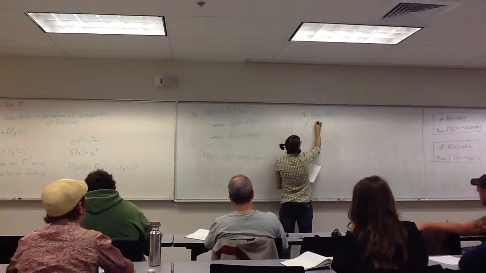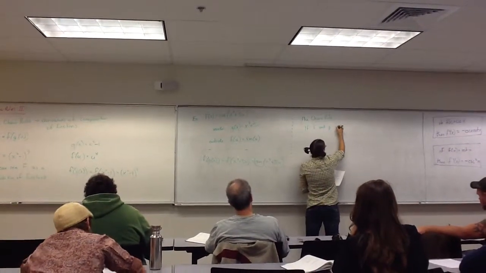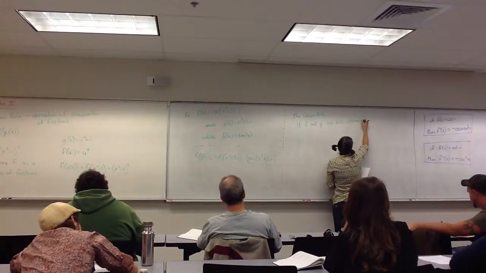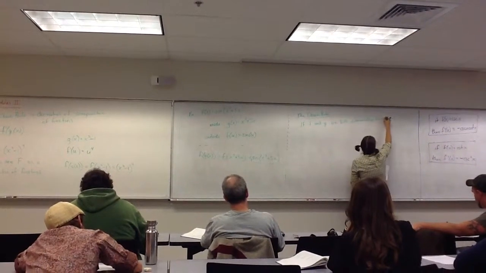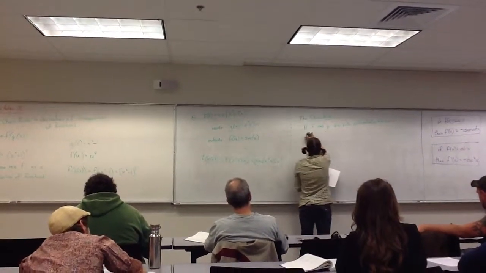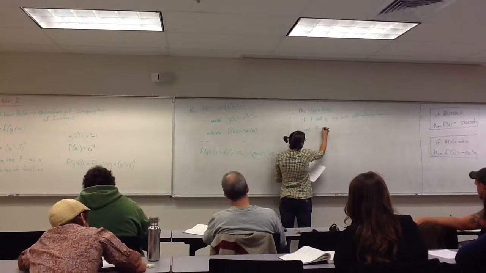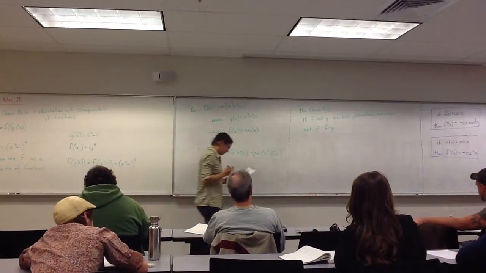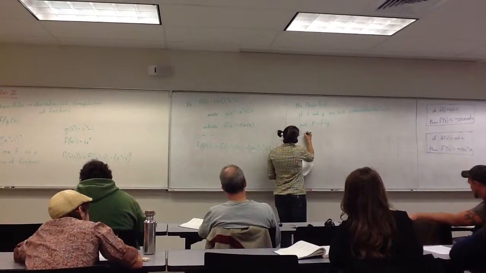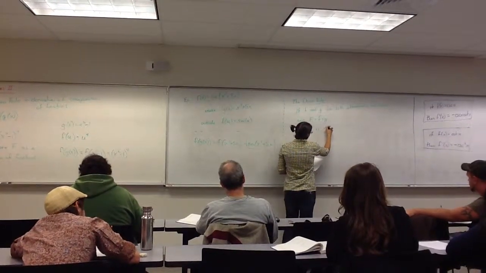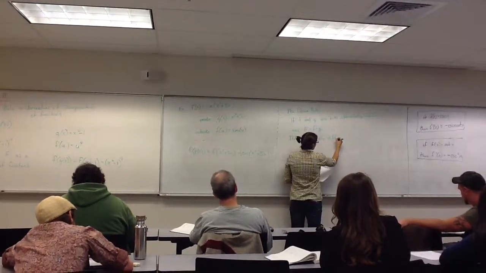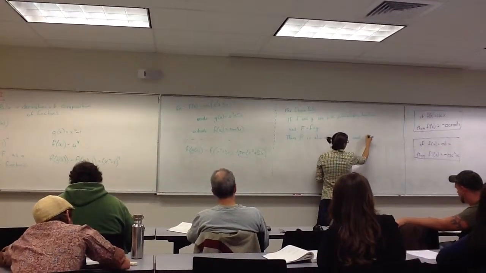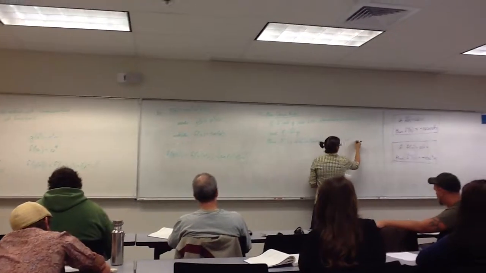The chain rule says if f and g are both differentiable functions, and capital F is f composed with g, then capital F is also differentiable and capital F prime is given by